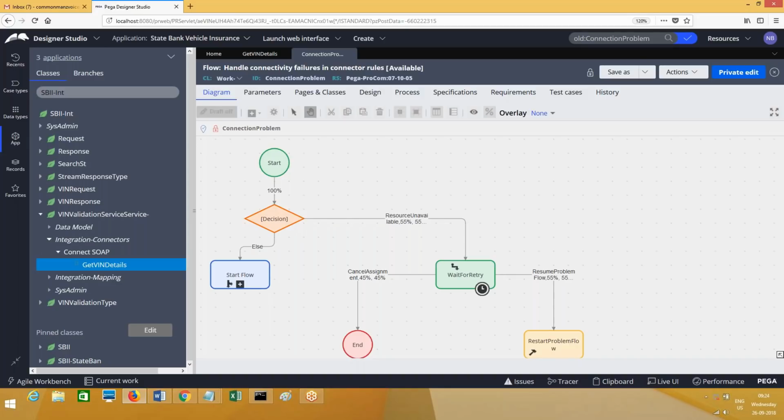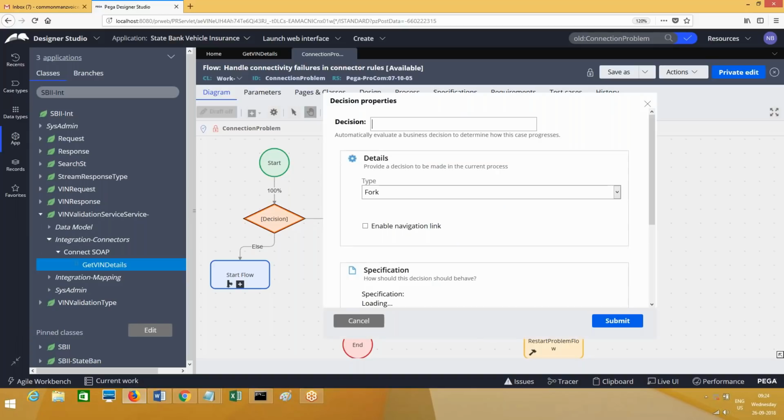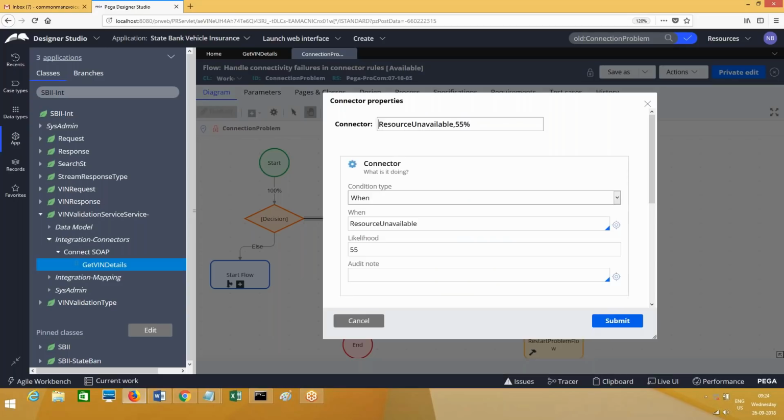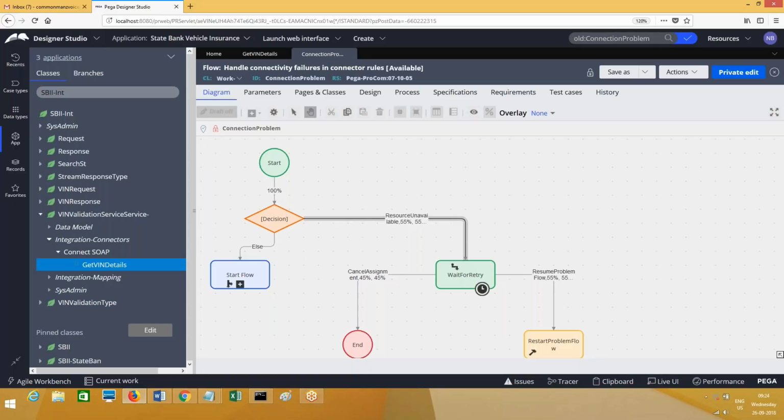When it executes the flow, it will go to the decision chain. If it is 404, what is that? Let me show you. Server not found, right? Server is down. pxHTTPResponseCode is resource unavailable, server is down, 404. Then it will execute this side. Other than resource unavailable, any other exceptions, where the resource is available but there are exceptions, it will proceed this way. Whichever way it proceeds, the programming will be more or less similar. It will go for wait for retry.